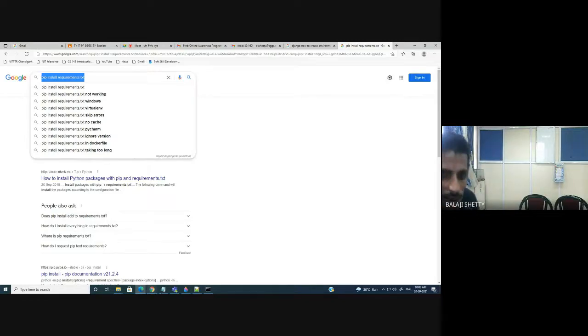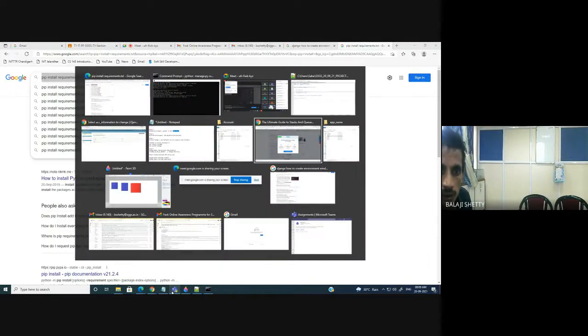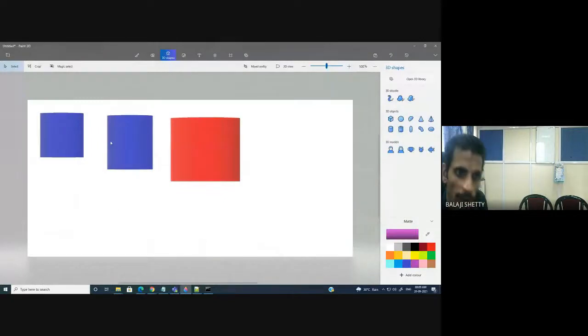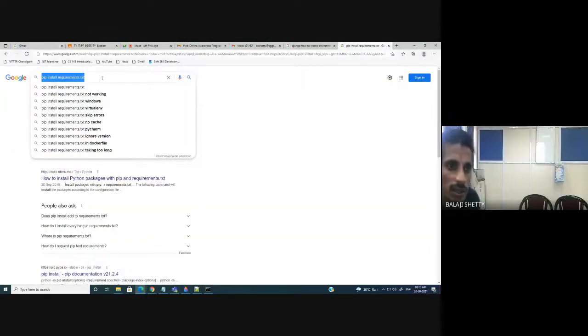Clear? म्हणजे काय? Just see this, our paint here. If I run the command for this environment, पहिल्या environment मध्ये काय होतं? Django. दुसऱ्या environment काय होतं? Django Oracle. तिसऱ्या environment काय? Django SQL, PostgreSQL. So whatever packages are there, it copies all the packages in the respective file. म्हणजे ह्या environment साठी रन करा pip install requirement.txt, ह्यासाठी रन करा, ह्यासाठी रन करा. Clear? Next time you can use the same command to install the packages.